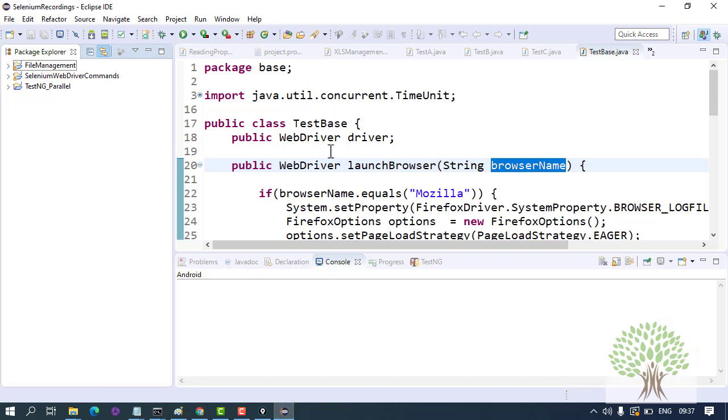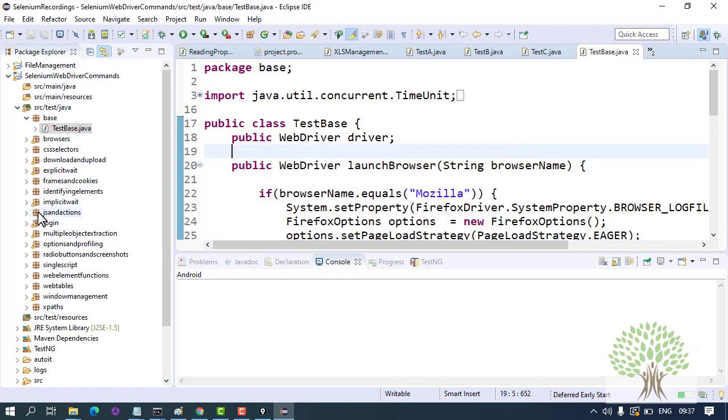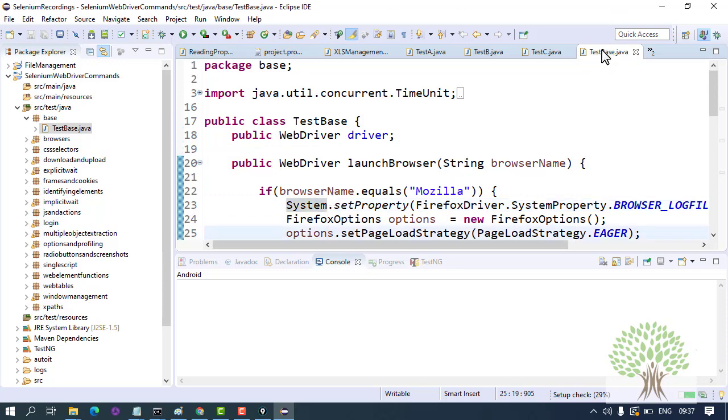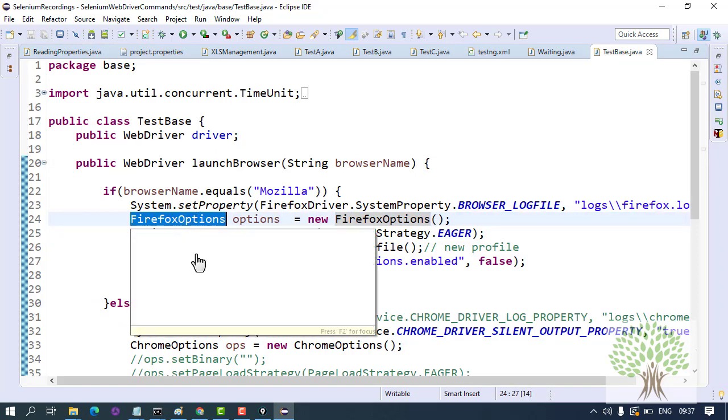Now this is again the same project which I had opened yesterday. If I show you some Selenium code, at every point you will be creating objects. Like to work with Firefox over here, I am creating an object of the Firefox options class. It's an internal class in Selenium.